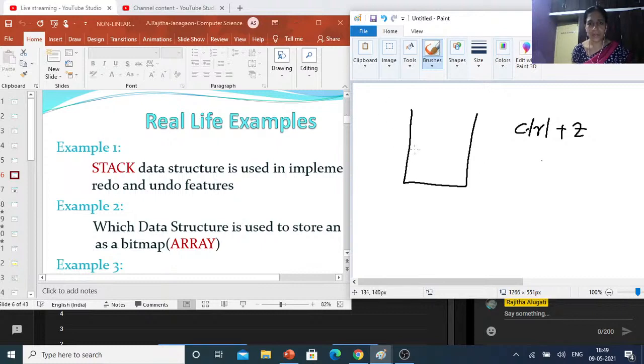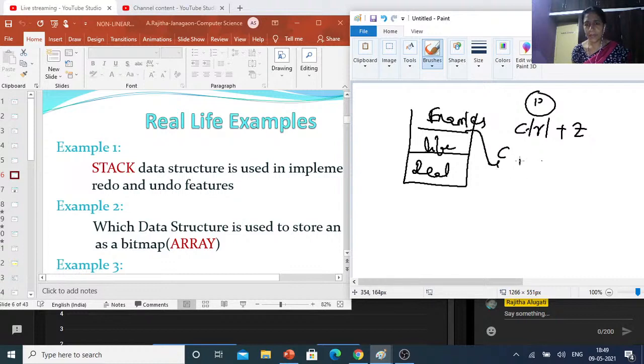For example, a real-life example: this is some sentence, stored like this, the real life examples. Suppose I typed an extra P and want to undo it. If you press Ctrl Z, our information is only up to the real life, and this examples is stored here.